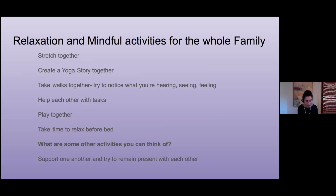We're working together, and we're also touching in and noticing, being mindful of how everyone else in our family is feeling, or how everyone else in our class is feeling, or at work. We can play together, which is really important. Be playful. And we'll talk again about these yoga stories, how we can get more playful and more fluid with our families,